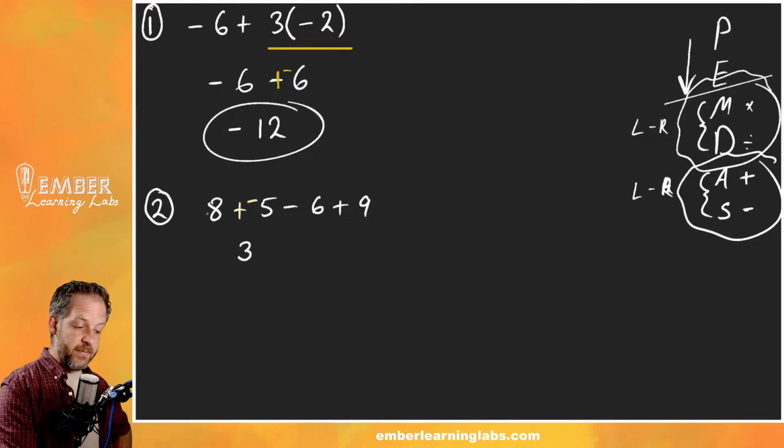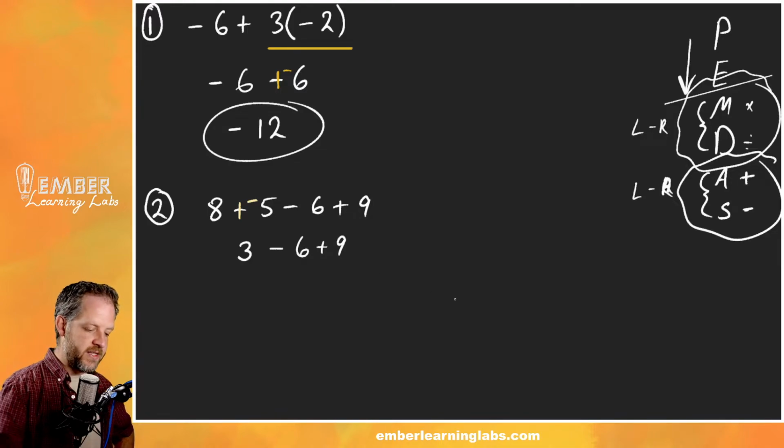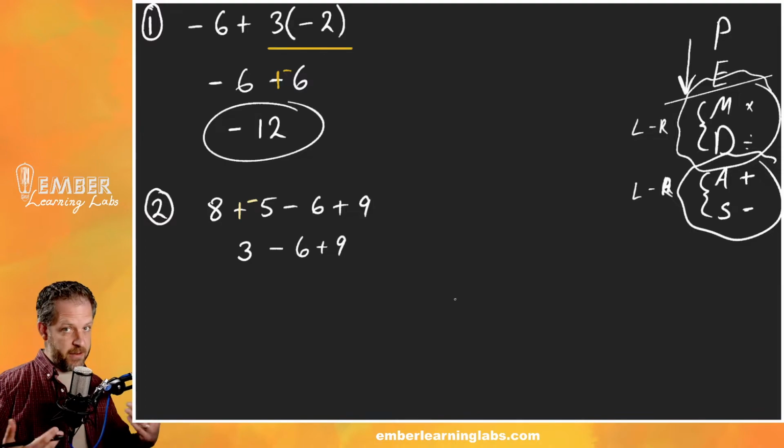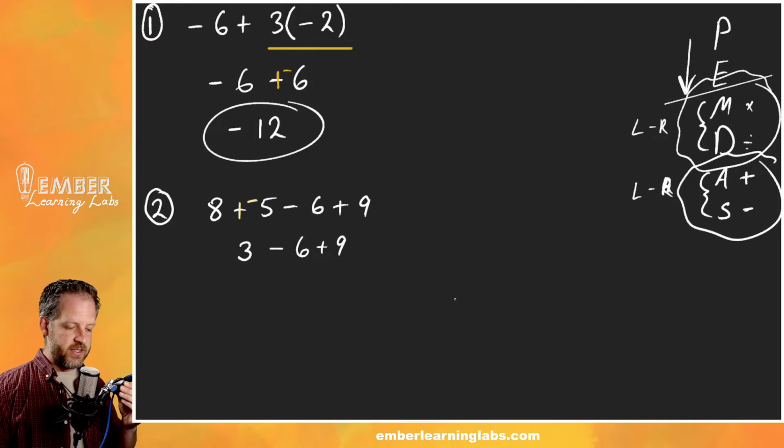And then we keep the sign of the bigger one, so it's positive. Now we're going to bring down everything we haven't messed with. So we haven't messed with this: -6 plus 9. Sorry, that 6 went a little crazy. Now, we haven't done very many multi-step problems up to this point, right? So this is kind of